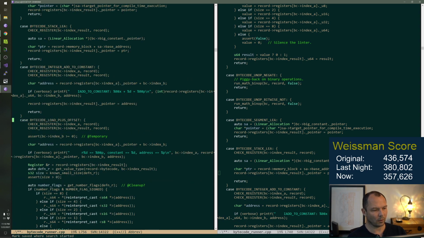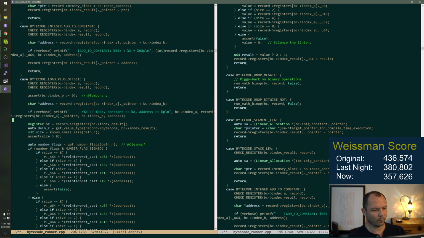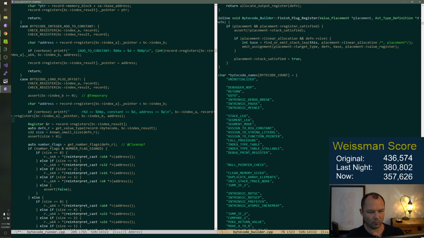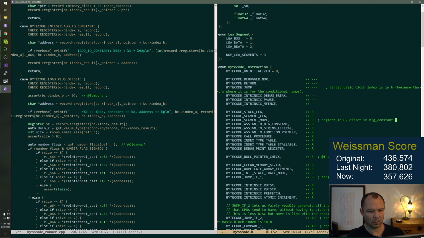I guess we call that a load. Let's call it segment load plus offset, just for consistency.